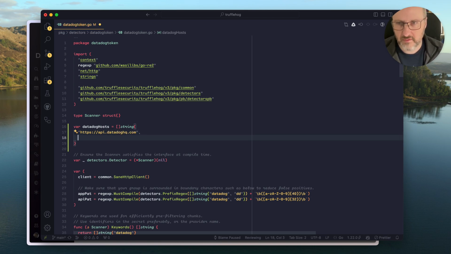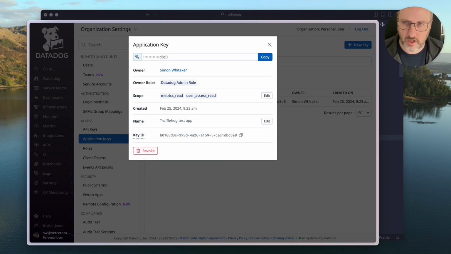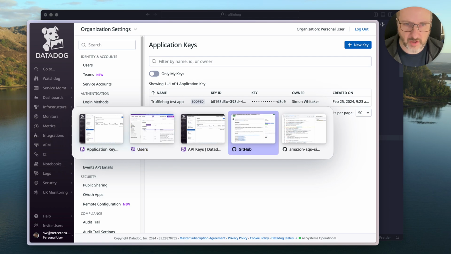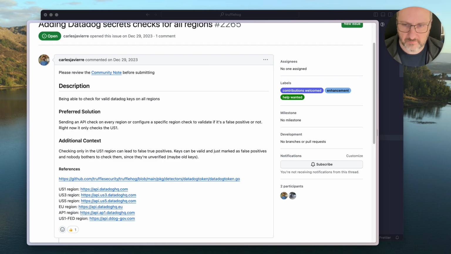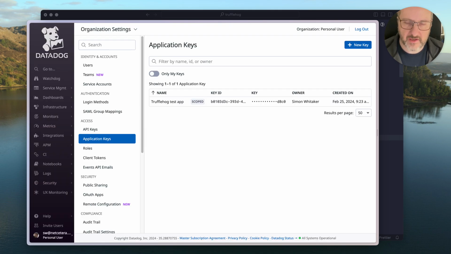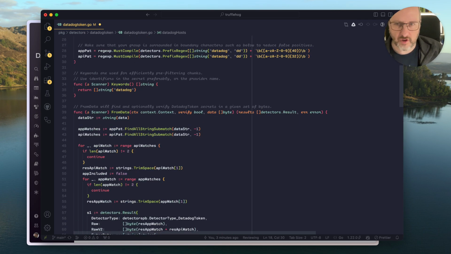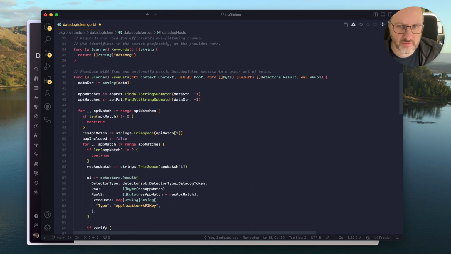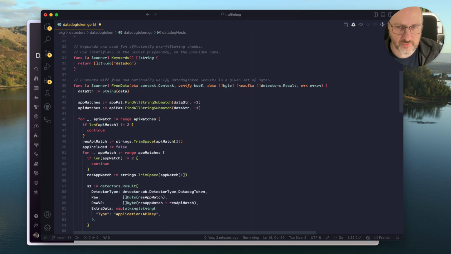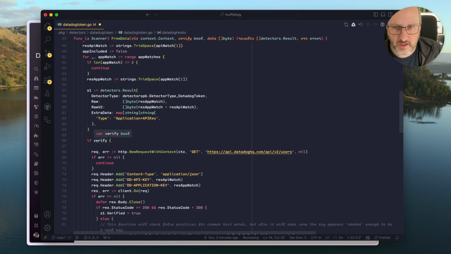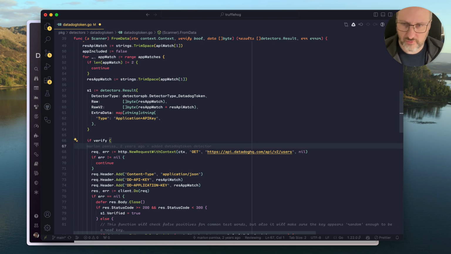api.datadoghq.com, api.datadoghq.eu, and so on and so forth. The various URIs were all listed in the issue here, so we could just grab all of those. And then in those two places where we call Datadog, we could loop over those Datadog hosts. So we could do something like for